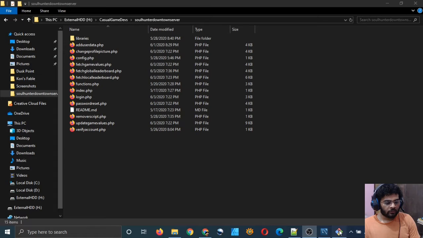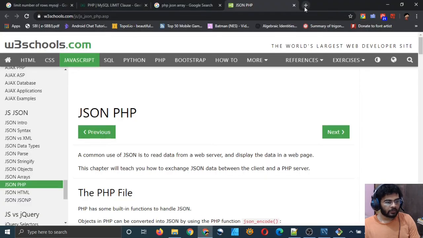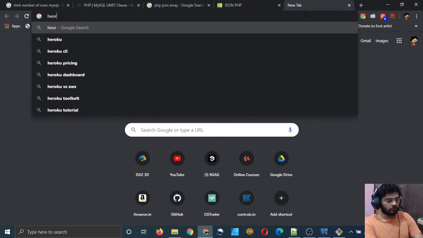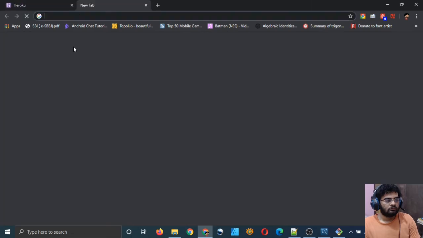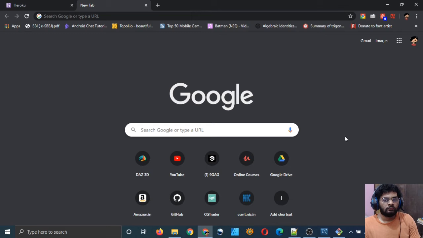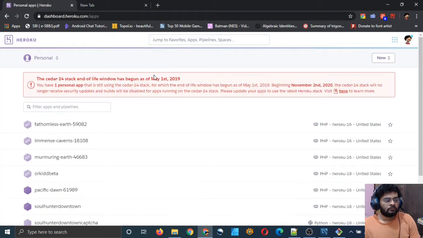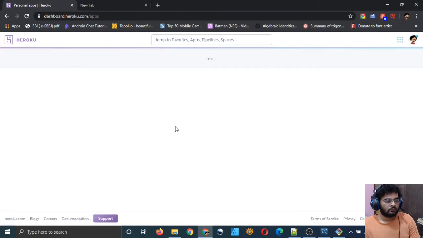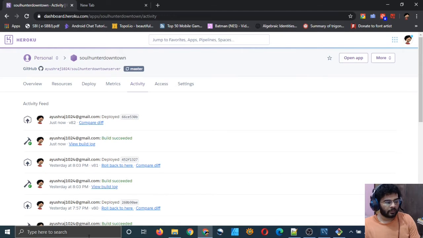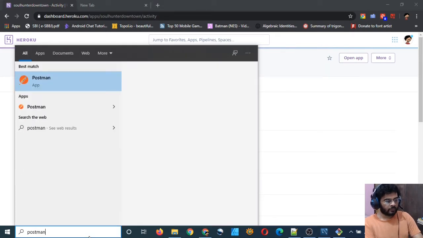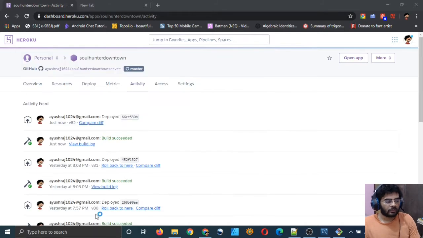So it pushed it into my GitHub, so it must have updated in Heroku too. Yeah, it updated. Let me now open Postman, send a post request to my server.